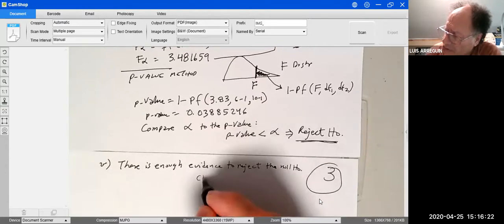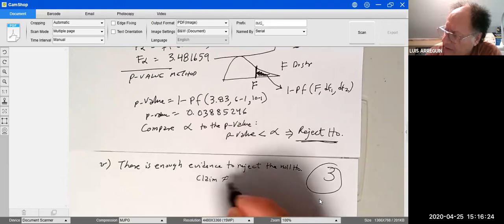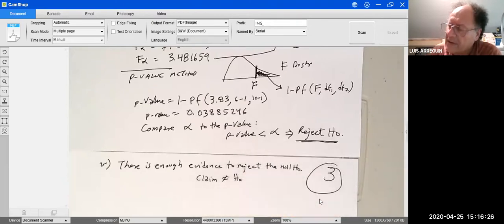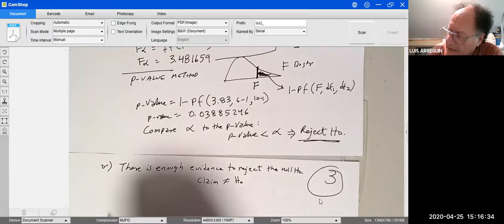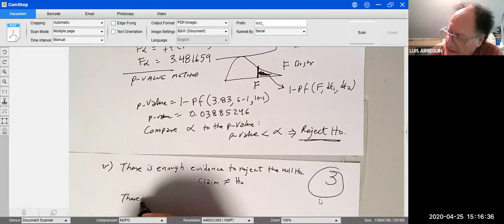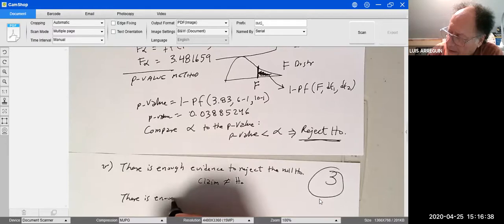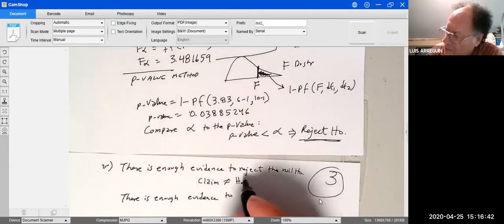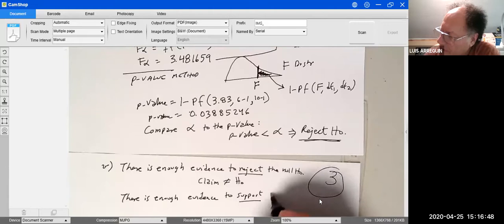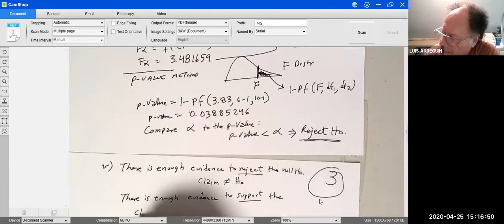Now you know that the claim in this case is different than the null because you were testing that one variance was greater than the other. So now you can say that there is enough evidence to support. We're going to switch the verb because the claim and the null are different, to support the claim